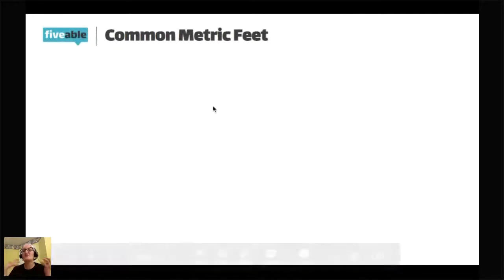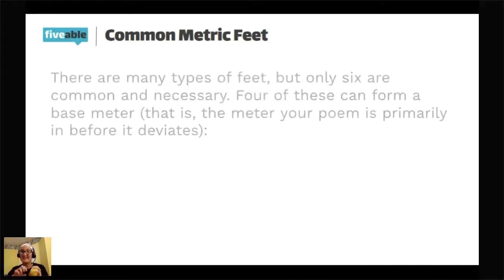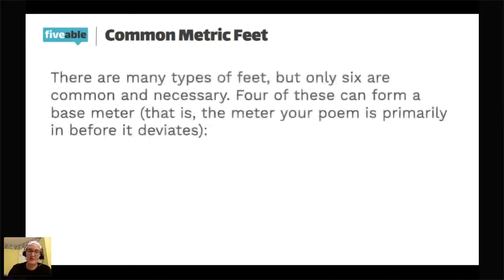All right, here's some common metric feet. These are the ones you may hear. I have a feeling that most of you have heard the first one. Some of you have heard the second one, and most of you have not heard the third or fourth one. That's okay. And some of you may have never seen any of these before in your life. Also okay, because you don't use these very often, except when you're really digging deep into literature. Because there are so many languages and because we love to emphasize different things, there's lots of different feet, but there are 6 main types. I'm only talking about 4, and I'm really only going to talk about 3, but I'm going to show you what 4 of them look like.